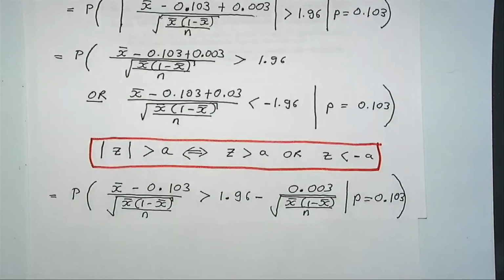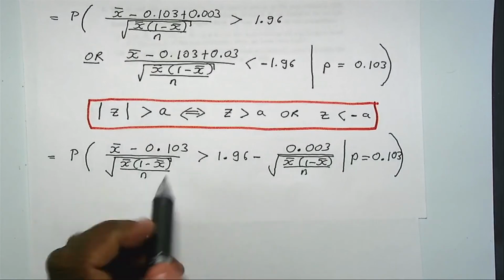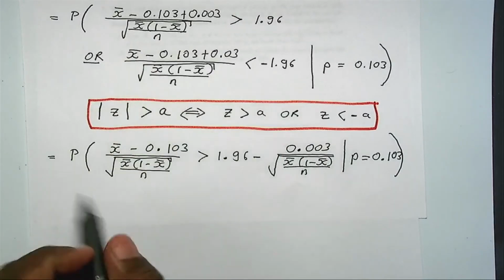This is the first probability, and plus the probability corresponding to this, which is